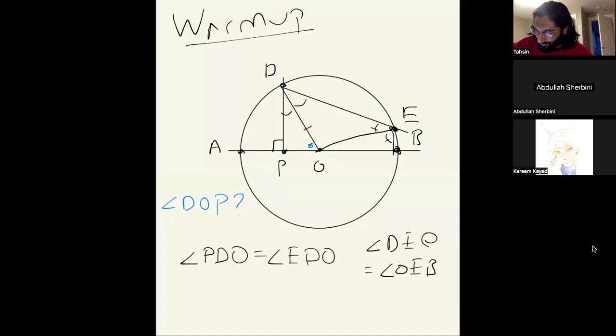It's hard to mark this, but let's try to. So we'll just say like this. Because we have an isosceles triangle, actually these angles are all equal. Okay, that's a little hard to understand. Also, OB is a radius, so we have OE equals OB. Great. So this is also